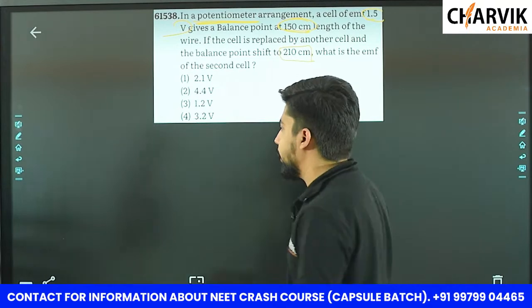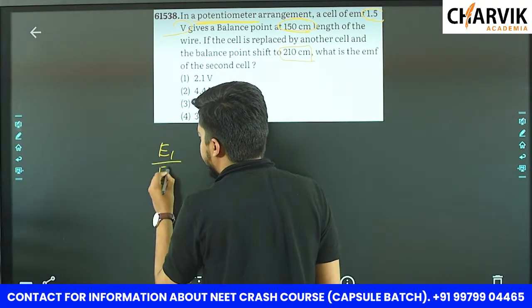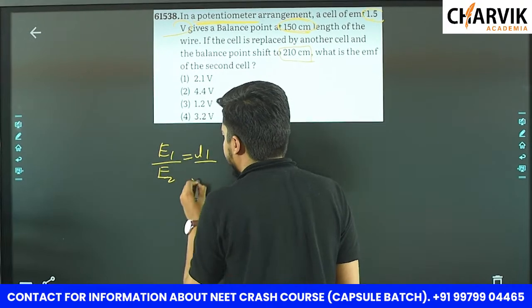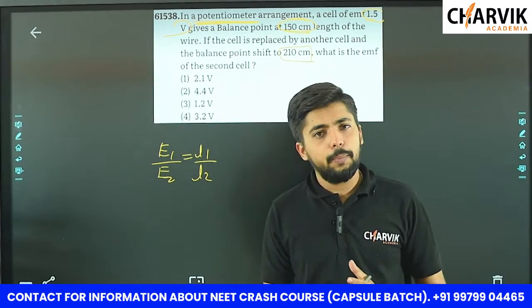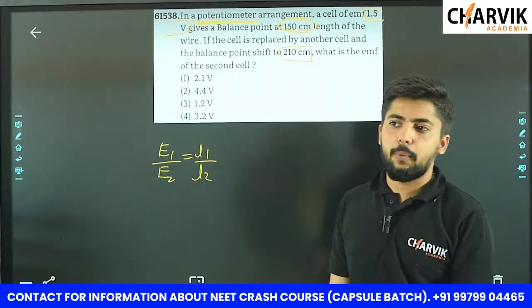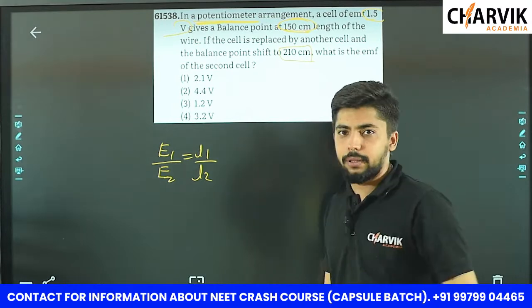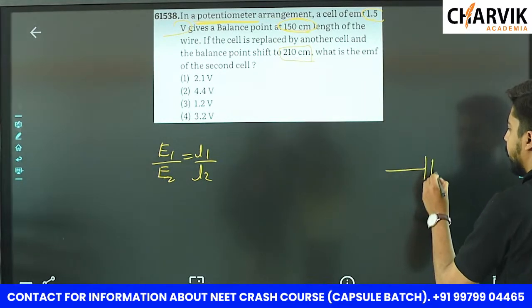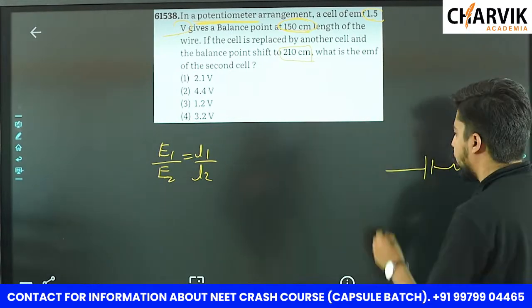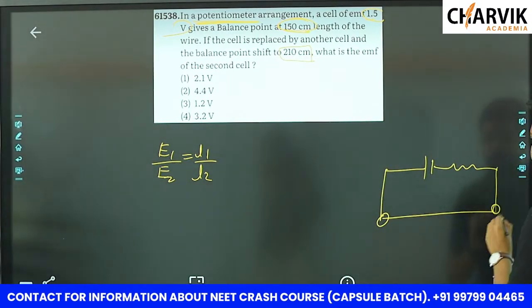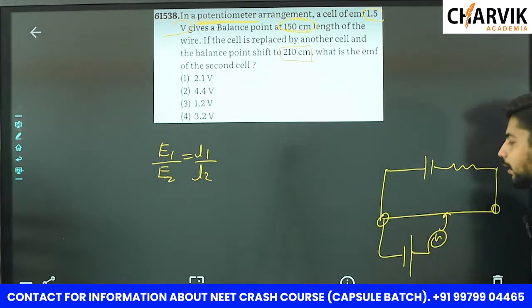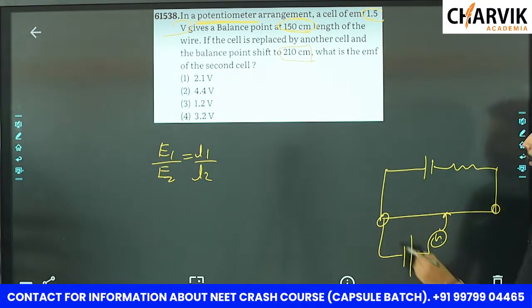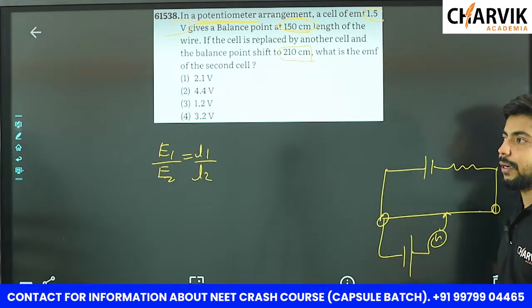Now for the potentiometer, you should know the equation that E1 divided by E2 is equal to L1 divided by L2. Let me give you a brief idea about the potentiometer so that you can revise it as well. We will be solving this equation thereafter. In the potentiometer, there should be one battery, one resistor, and the upper circuit, and there is one wire connected with it, and you are getting zero deflection at some point. At the zero deflection, the EMF of this and the EMF of the lower battery become equal,